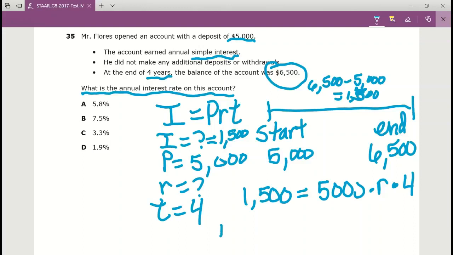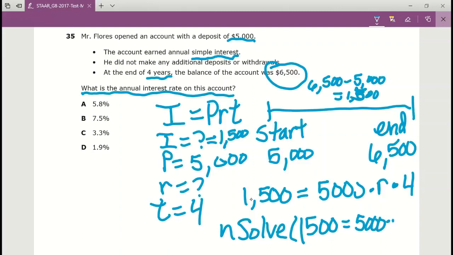So, we do nsolve. 1,500 equals 5,000 times r times 4. We're solving for r, so we put comma r at the end, close the parentheses. We do this, so I'm going to go over here, we do this, and we get